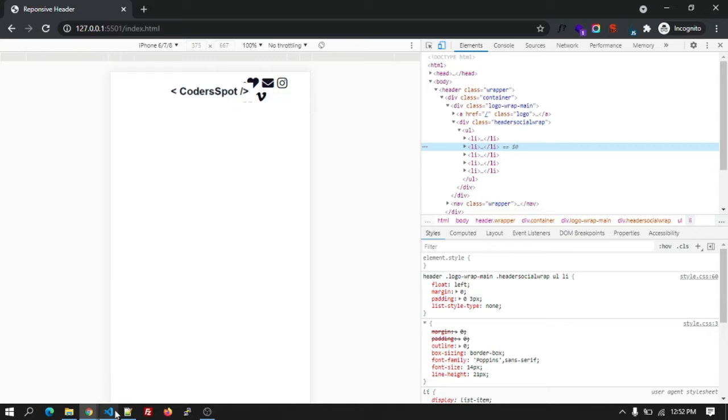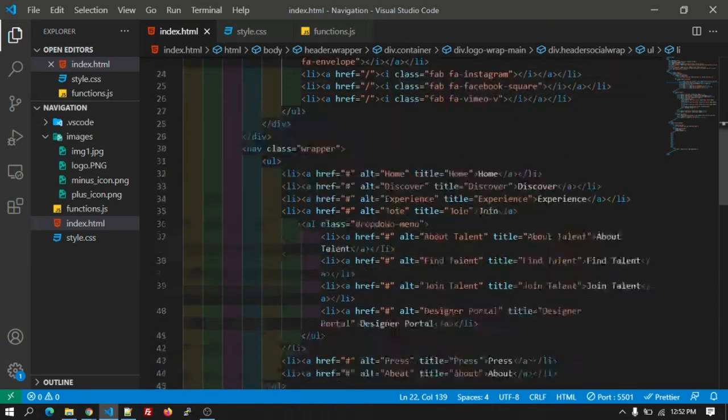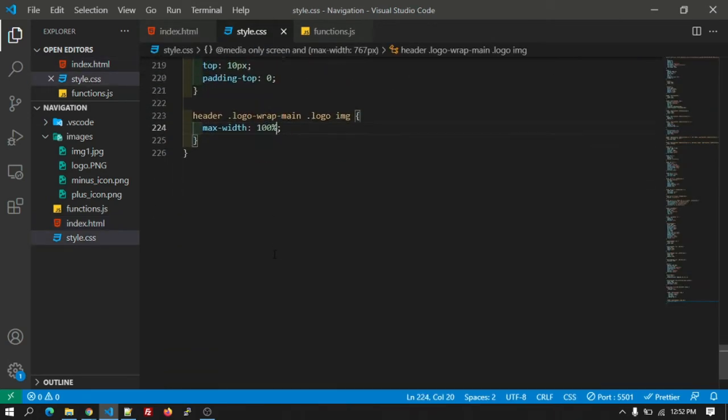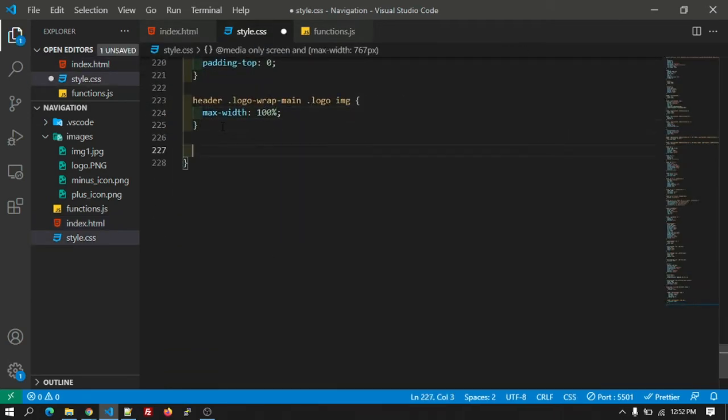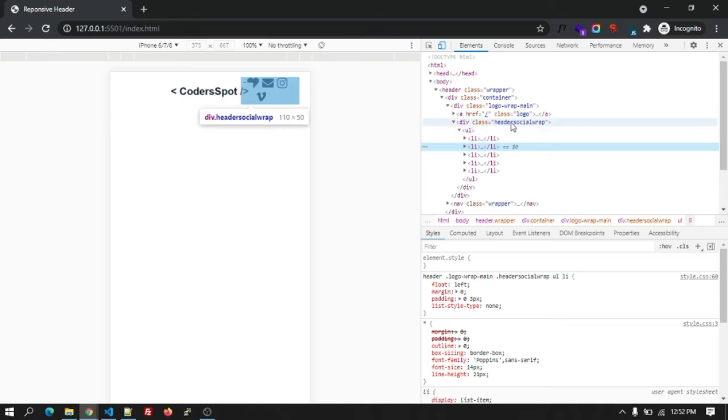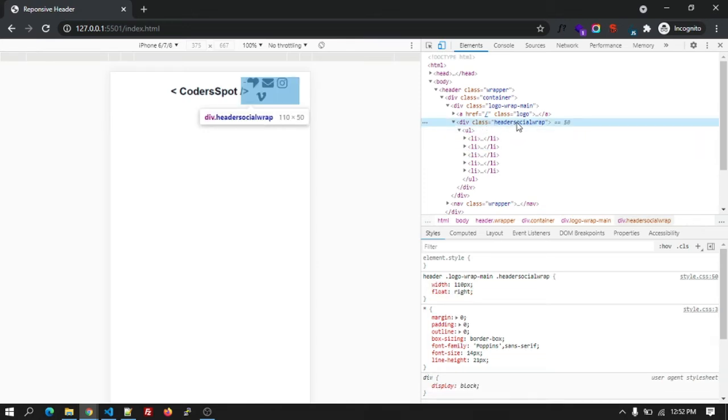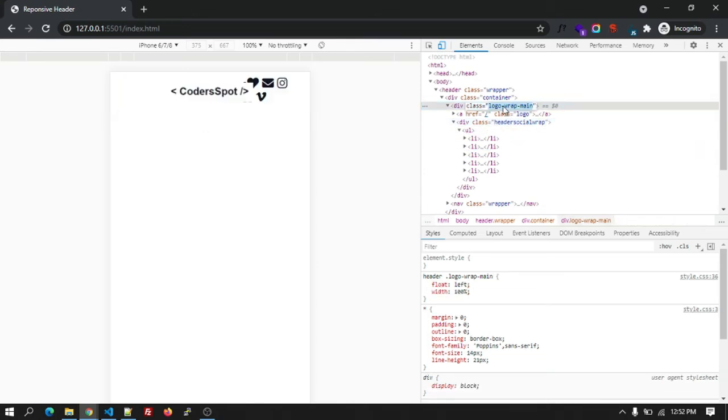For that we need to add CSS. It will be the header, and the class will be header social wrap, which is there inside the logo wrapper.